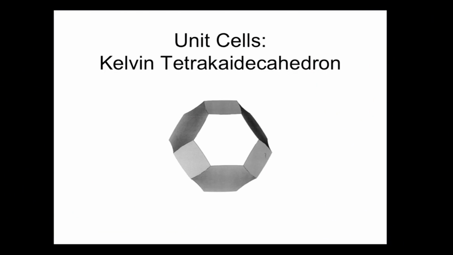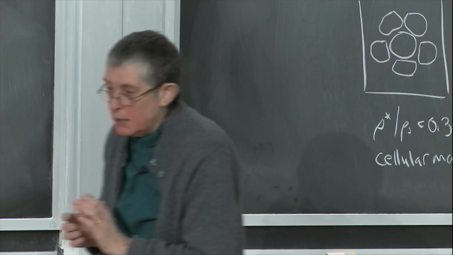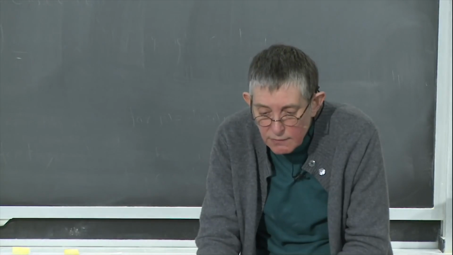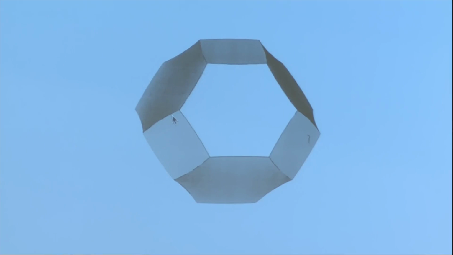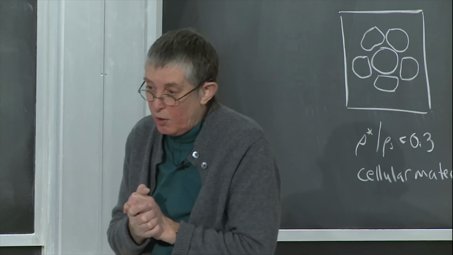And this is called the Kelvin tetrakaidecahedron. And it's not just a straight tetrakaidecahedron. There's a slight curvature to the cells here, to the faces. And you can kind of see it in some of the edges here. Like if I can get my little pointer. If you look at that edge, it's not straight. So this edge here is not straight. It's got a little bit of a curvature to it. But this minimizes the surface area per unit volume.